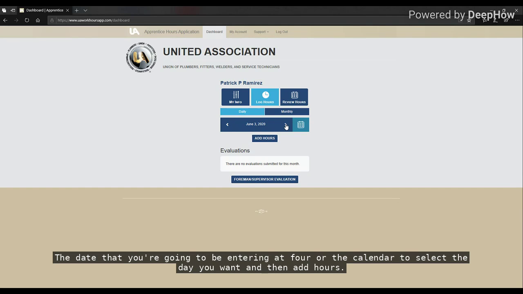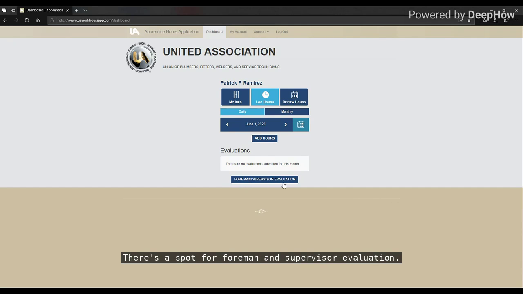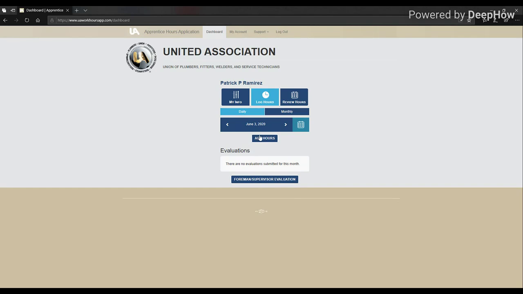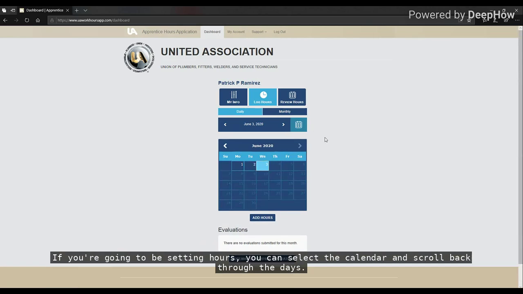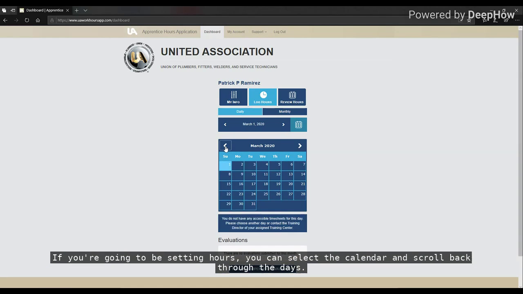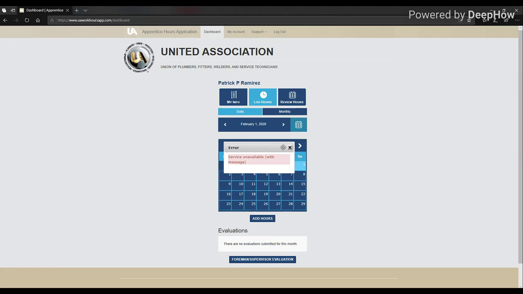The date that you're going to be entering it for, or the calendar to select the day you want, and then add hours. There's a spot for foreman and supervisor evaluation. We won't be getting into that. If you're going to be setting hours, you can select the calendar and scroll back through the days as they're